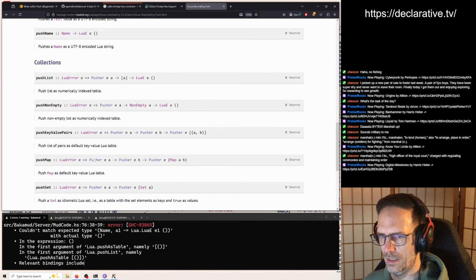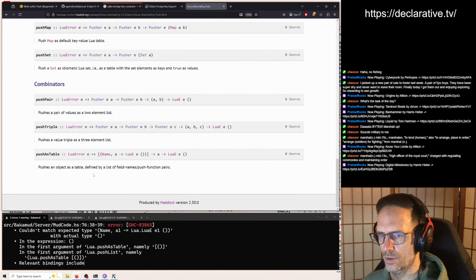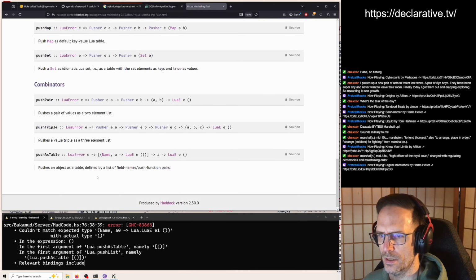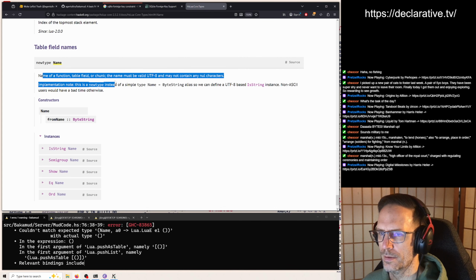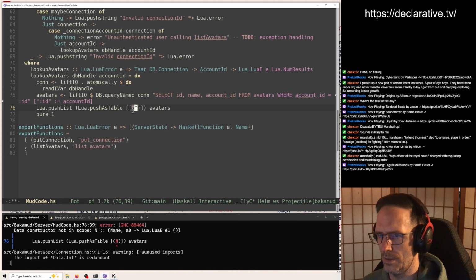Not exactly a string or an integral or a bool or a float. And what's a name besides? Okay, basically a byte string. Okay, so it has an isString instance, so we should be able to